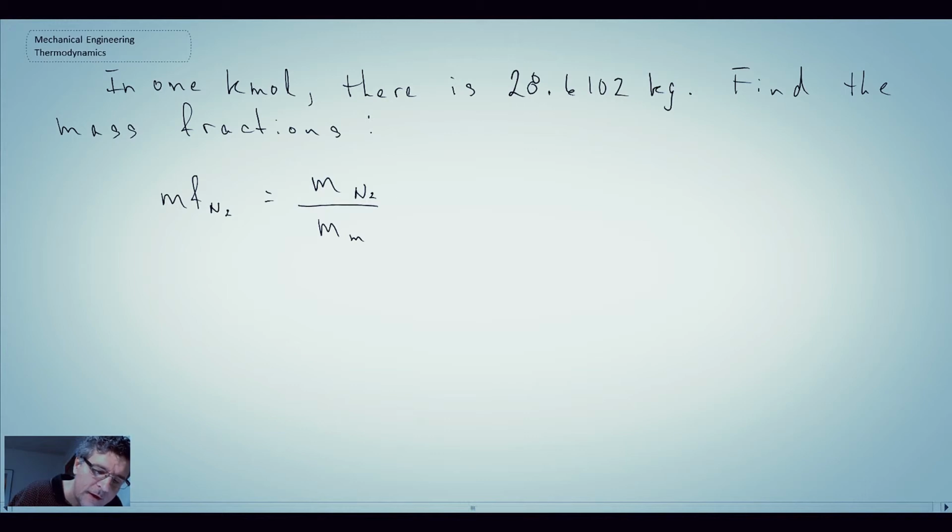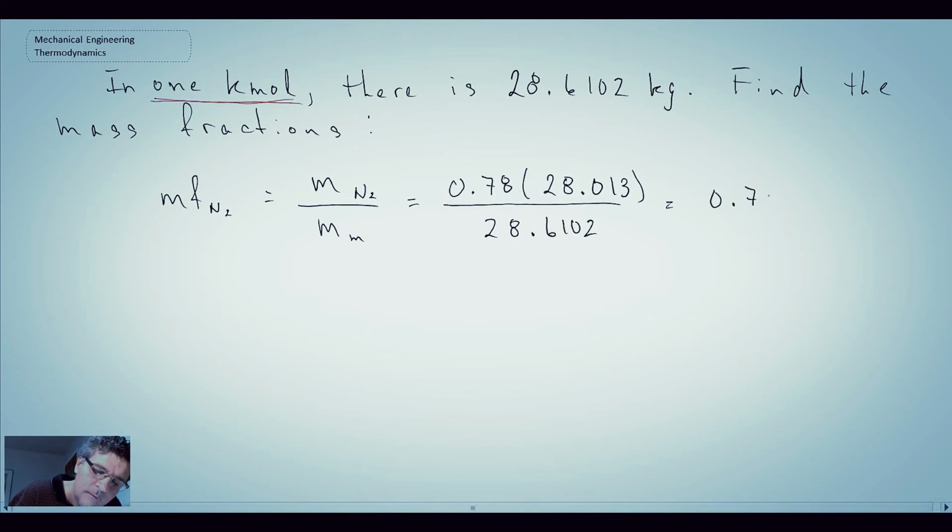Now for the mass of nitrogen, what we're going to consider is looking at only 1 kilomole. So in 1 kilomole, we can write out how many kilograms there are of nitrogen, and then that's divided by the mass of the mixture itself. And in a similar manner for oxygen and water vapor,